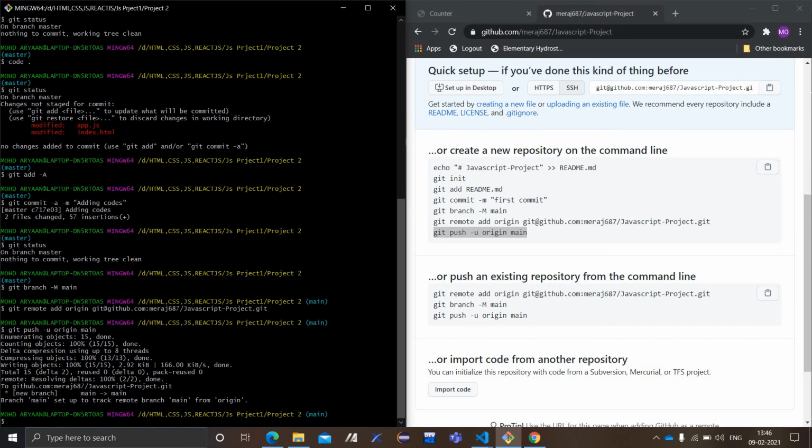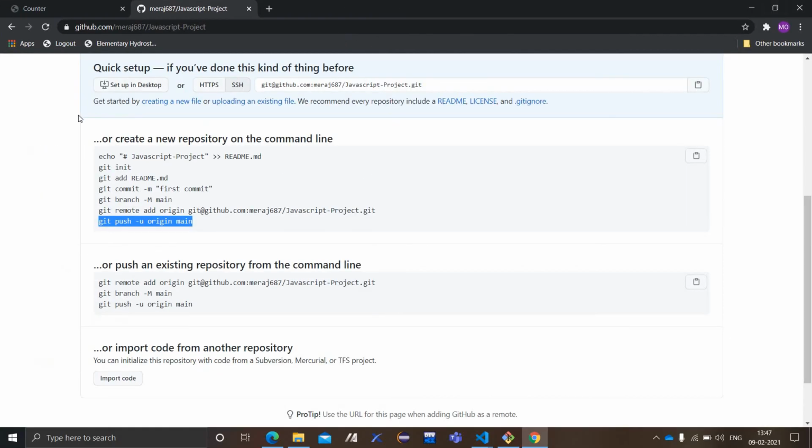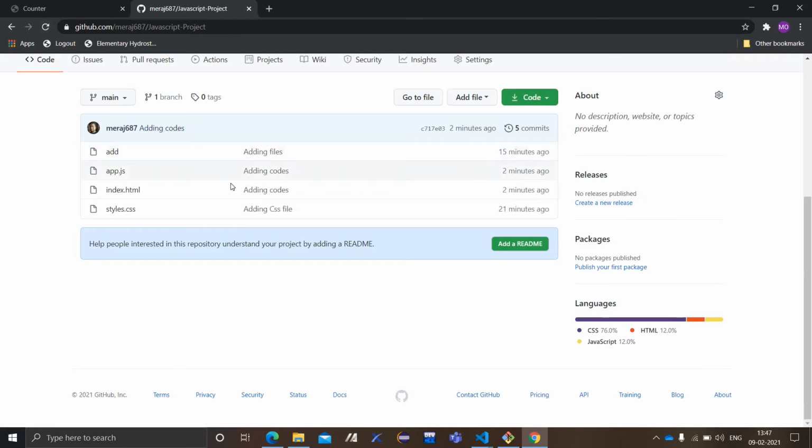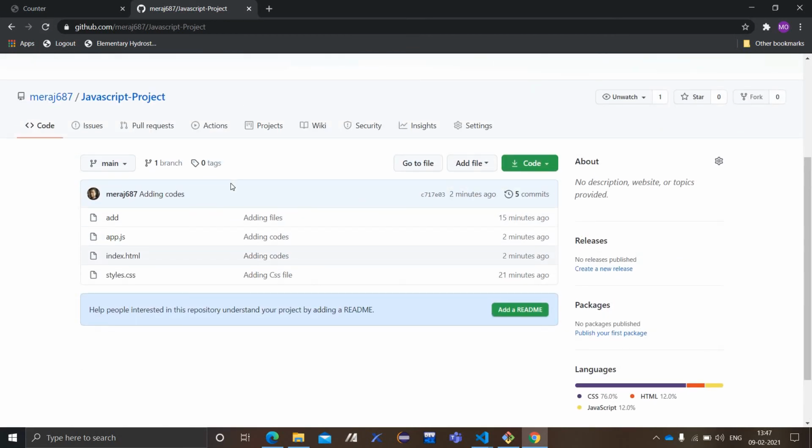When I click on this refresh button, let's make it full. Boom guys, see guys. My whole code has been sent to the git repository without any copy paste.